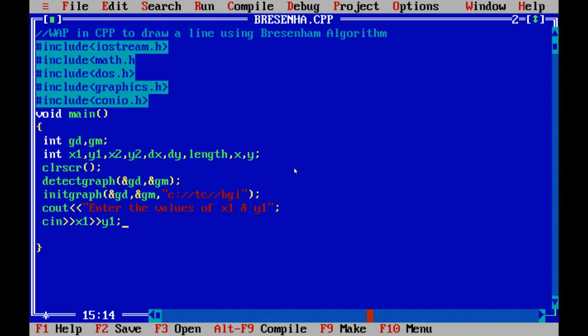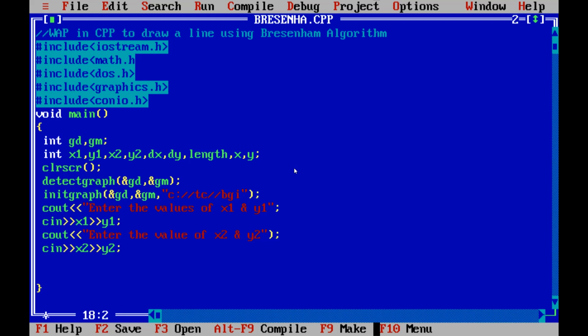Next we have a cout, enter the values of x2 and y2. Then again we have a cin x2, y2. Here we take the input values from the keyboard.